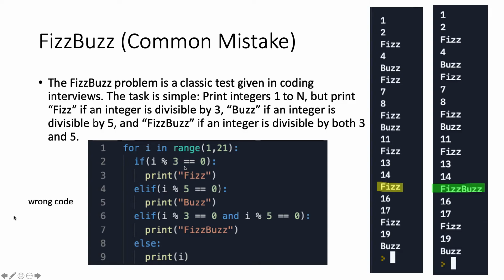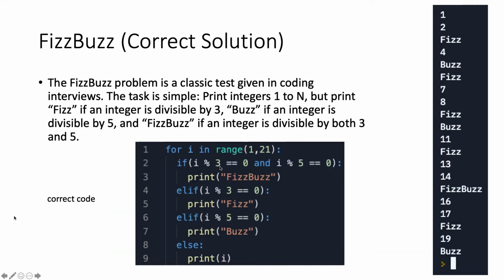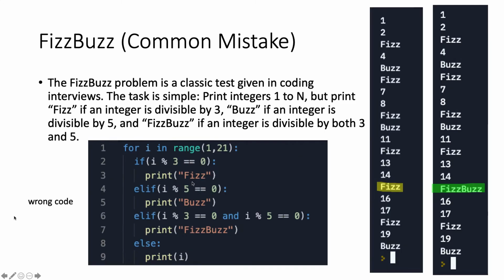So instead of putting 3, 5, and then 15, we need to reorder the if else statements to do 15 first, and then 3, and then 5, because in Python the logic is sequential, meaning that you go from top to bottom, right? So if you go from line 2 and you check that it's true first, then in this if statement, the 15 case, where i goes to 15, is going to be trapped in this line 3, right, and not execute